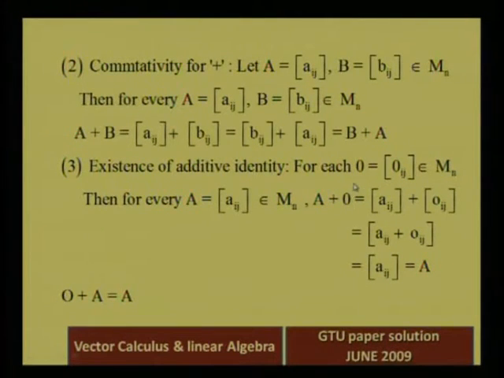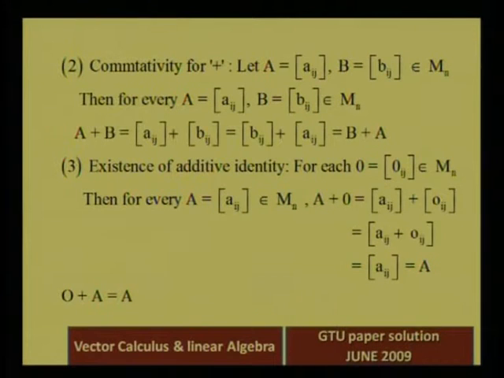So this 0 element is actually nothing but the n cross n matrix which contains all the 0 elements, right? So whatever the size of your matrix, that's why similarly we can prove that 0 plus A is equal to A. Okay,